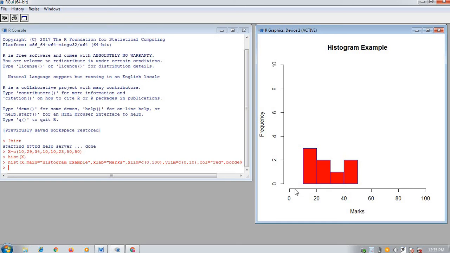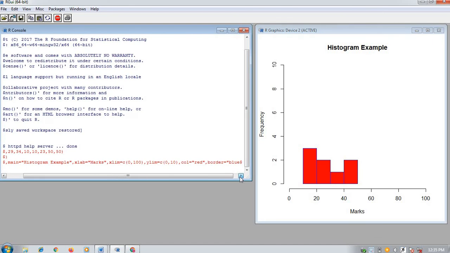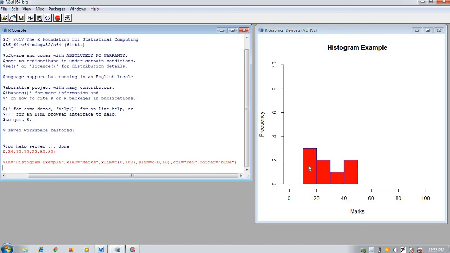Now see here, the scale is 0 to 100, right? Then ylim is 0 to 10. Again here the scale is 0 to 10, and with this the histogram will be plotted. Now border is equal to blue. Now see, this is new. Here the fill color is red but the border is blue.